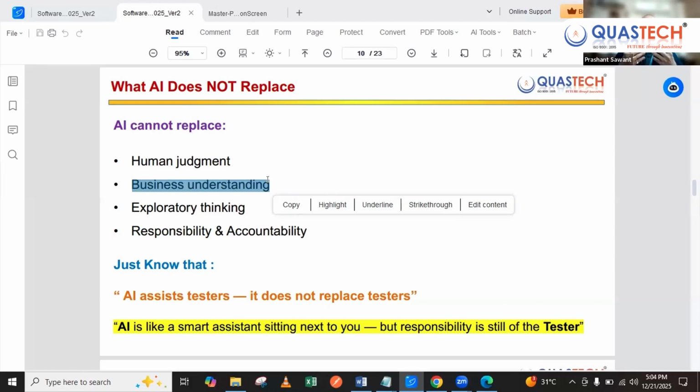Or how fund transfers are basically done, what are the smallest of the things that I need to understand from this particular perspective? What are the prerequisites? For example, a prerequisite for a fund transfer is that you need to have a beneficiary. Unless and until you have a beneficiary, how are you even going to do the fund transfer? So to get this particular business understanding, yes, definitely you can chat like a friend with the AI, that